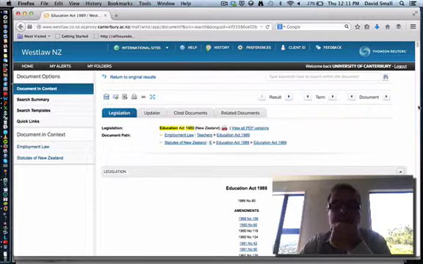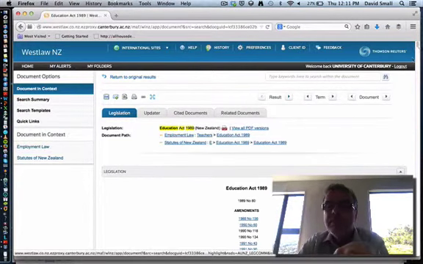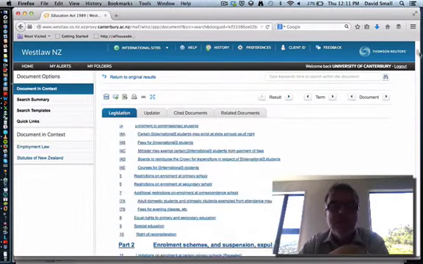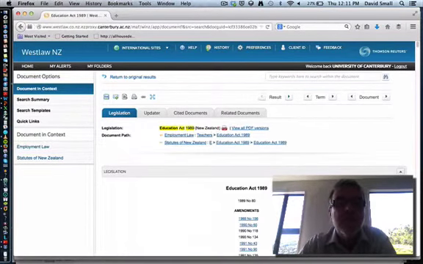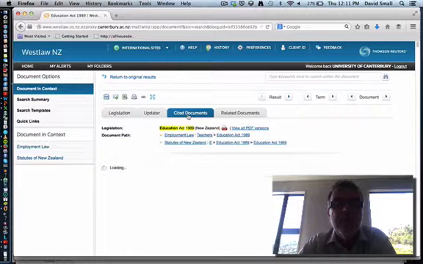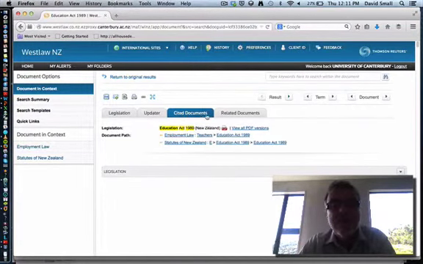So this is the full Education Act, massive document. We've got cited date documents that are in it, any documents that are cited in it,